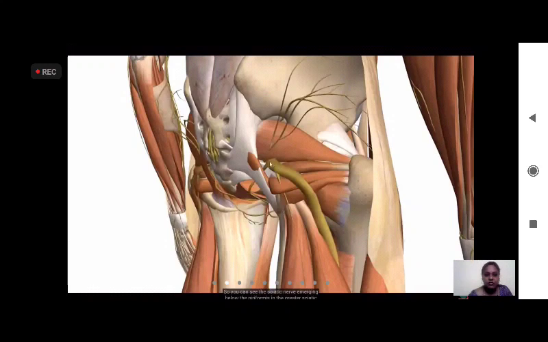So you can see the sciatic nerve emerging below the piriformis in the greater sciatic foramen. So it's above the sacro